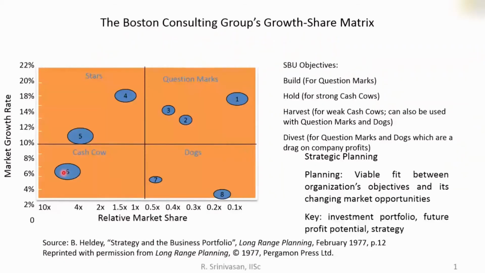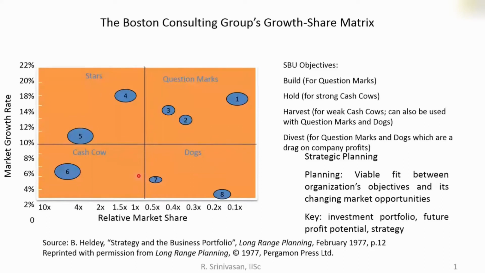From the cash cow stage, an SBU moves towards dogs. Suppose the cash cow was not a very strong cash cow, let us say it was here, then it is a weak cash cow. When it is a weak cash cow, you have two options. One is to harvest that cash cow, that is, to get the maximum possible returns from it, or get a salvage value from that particular cash cow, because you know that it is moving towards dogs.